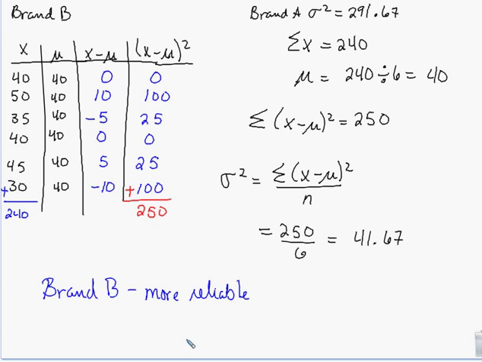Because the variance says how far it is away from the average. What they're talking about right here is how long the paint is going to last. And they're saying the average is 40 months. But with brand A, the variance is 291. And then the variance of that one is 41.67. So that means this paint is going to be closer to the average. So it's going to be a more reliable paint. Does that make sense? Yeah. So it's a smaller variance, right? Smaller variance, closer to the average. The average is 0, right? No, the average is 40. Oh, 40. Yeah, the average is 40 months.